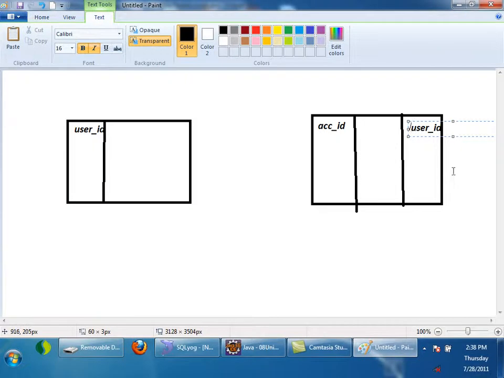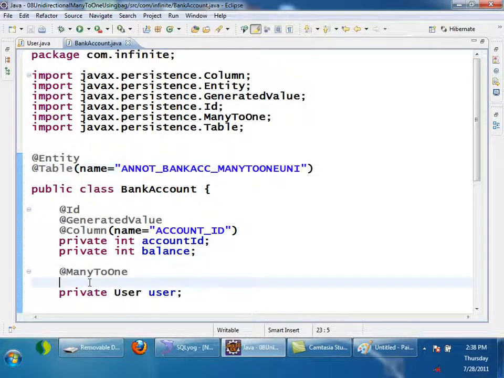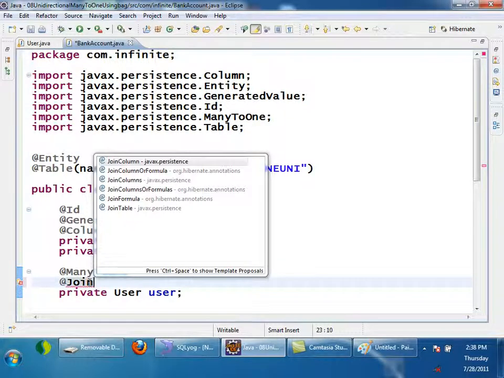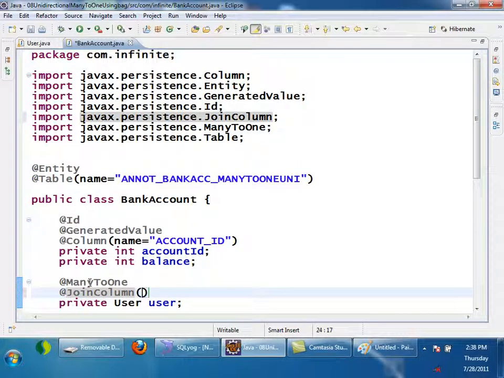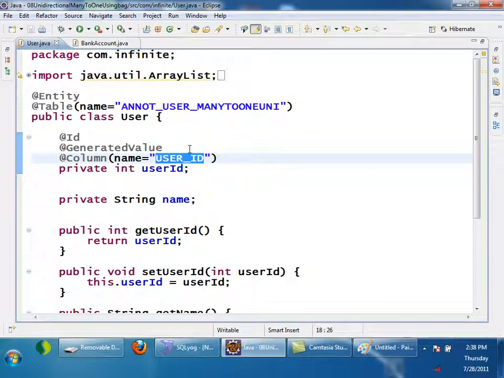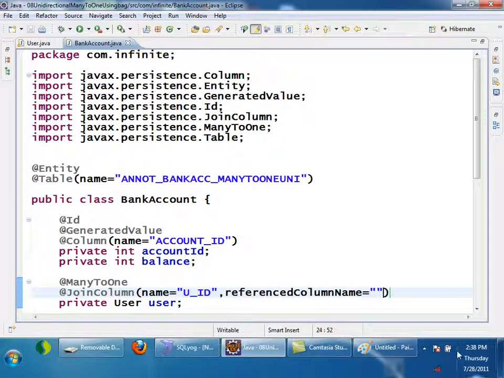To tell about the foreign key, the annotation is join column. Join column name is equals to whatever I want, u underscore ID, comma referenced column name is equals to, what is it referring to? It should refer to the user class's primary key, right? Referenced column name is user underscore id on the other side, right?